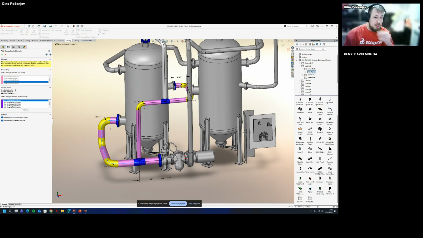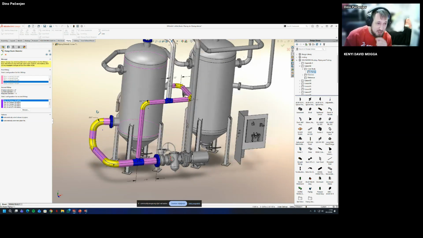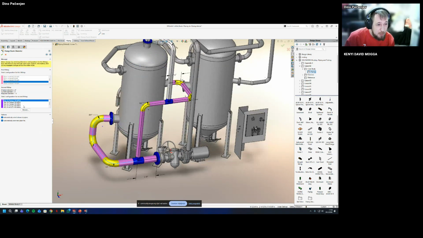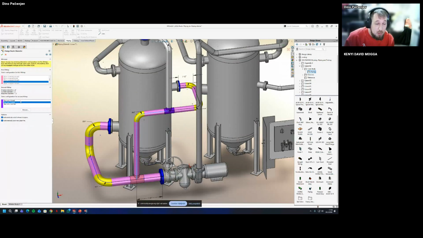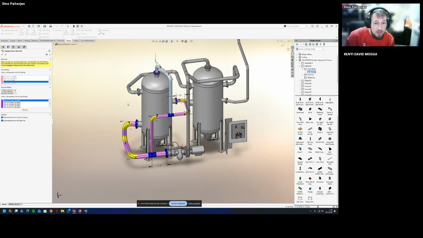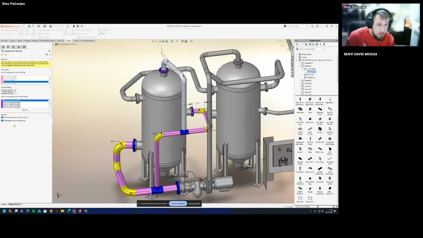I saw the question in the Q&A, just to finish this section. Here, the slip-on weld flange, I can also change the flange we're using. I can take, like, the 150 NPS for this part. Again, I control, let's say, maybe I want to change the schedule. I can change the schedule, and the next one takes care of the schedule, this one and the upper one.